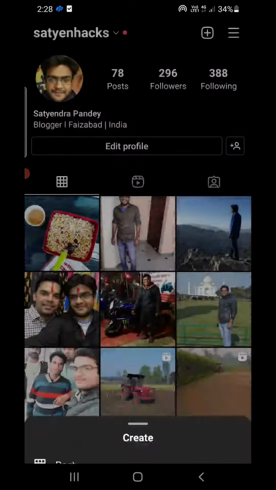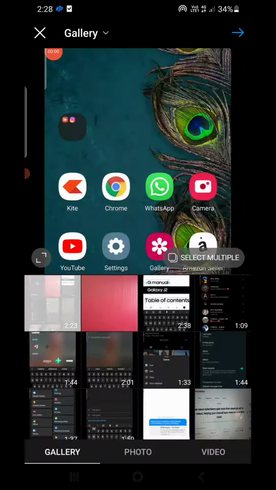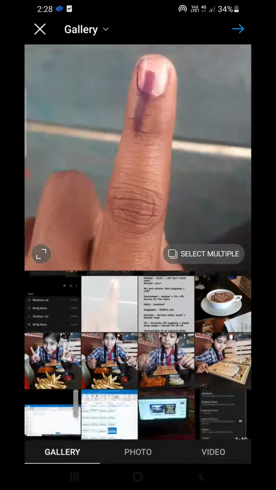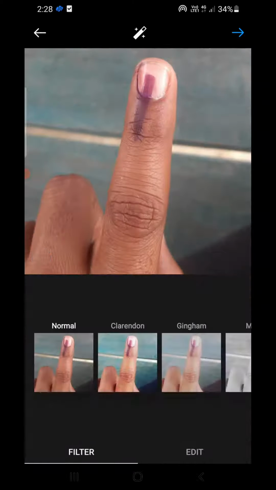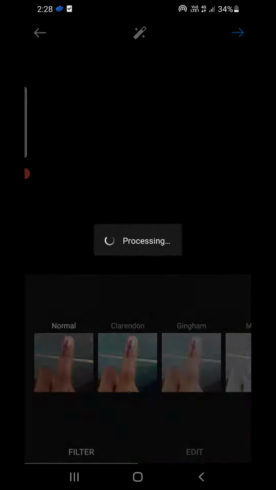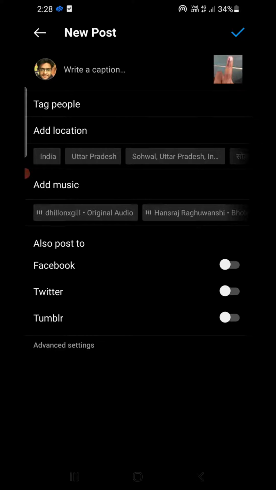So I'm going to create a post here just to show you, and I'm going to choose a picture here and then click on next here from the top, again next. Okay, now on this screen, before you share it or do the right thing from the top right hand screen,